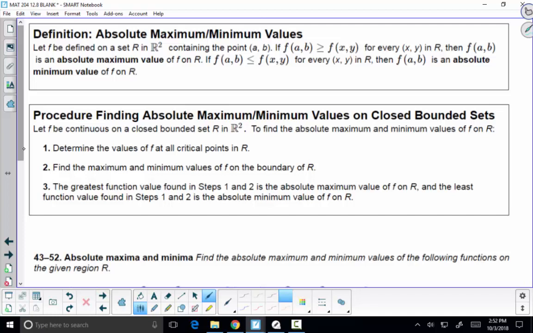So the extreme value theorem says that if you have a function,